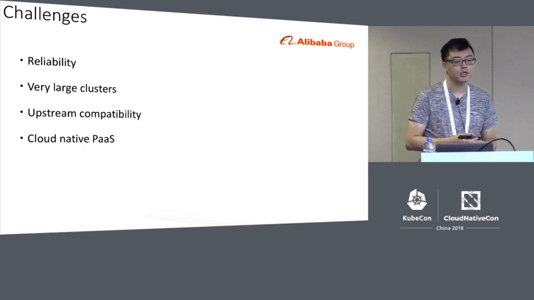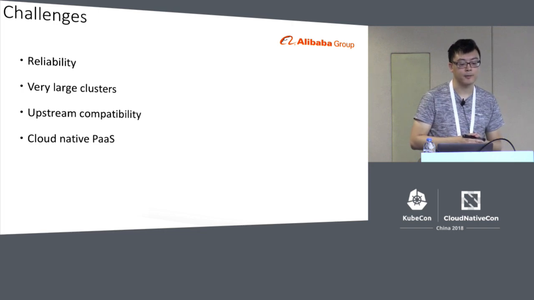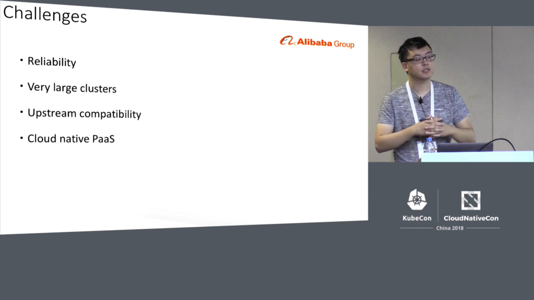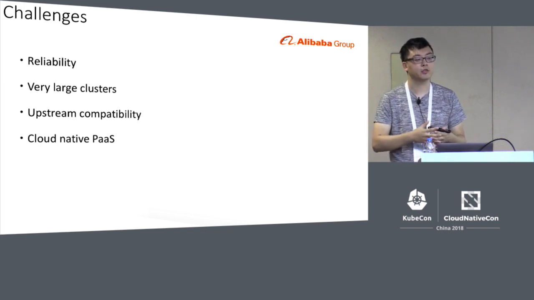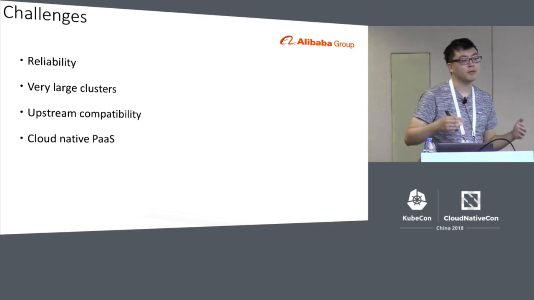For now, Kubernetes only supports a limited scale, so how to address scalability is one of the major challenges that we might meet in the future. Another challenge is upstream compatibility. We have made modifications, and we want Kubernetes to both benefit from the upstream and remain stable, and avoid repeating work. A new version of Kubernetes launches every year.